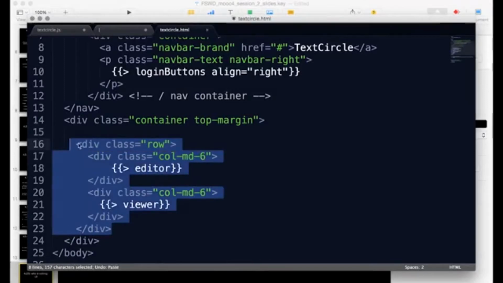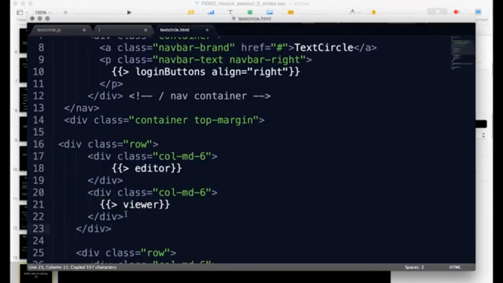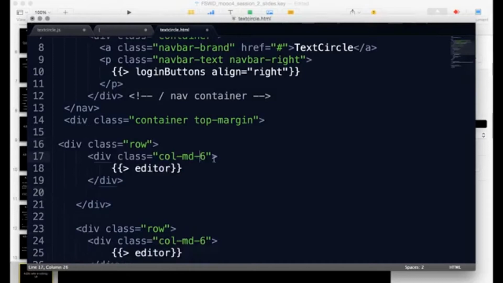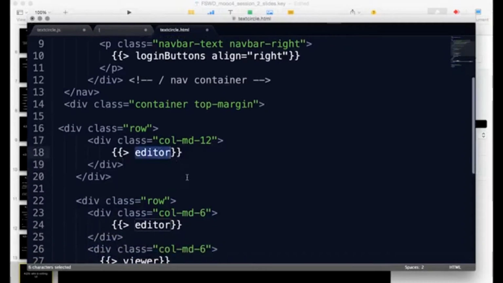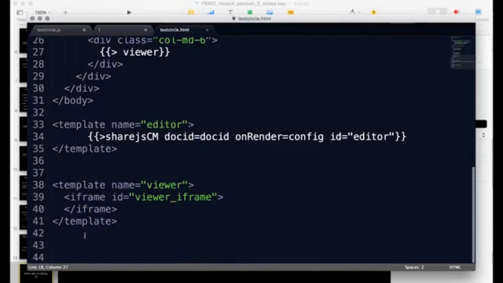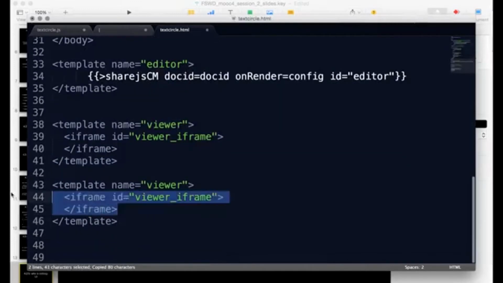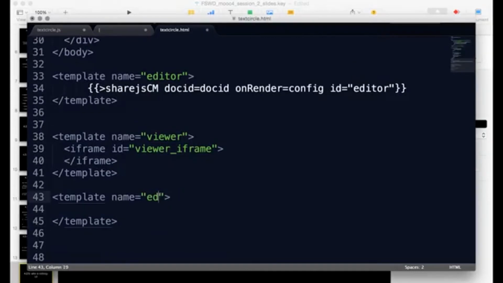So I grab the code from the previous row and I drop it in there, get rid of that, and then instead of it being MD6, it's going to take up all 12 columns in the grid. So there it is, my 12 column row, and instead of pulling in the editor, I want to pull in the new template, which is going to be called editing users. Okay, so the editing user list is going to pop up at the top, and then I need to create the template. So I copy that old template, paste it, get rid of the contents, call it editing users,